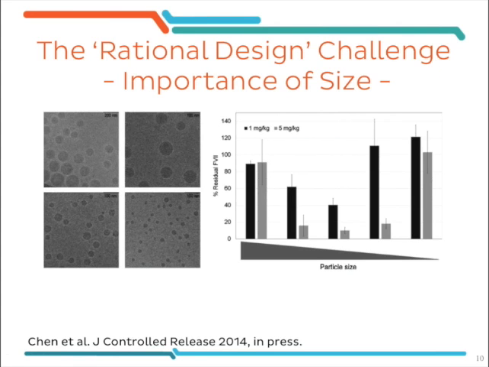This slide here shows the example of an experiment where nanoparticles of a different size were prepared. And this is what you can see here on the right-hand side. And these particles were then injected subcutaneously into mice, and their knockdown effect on a specific gene in the liver was tested. And so here the graph on the right-hand side shows the expression of the residual gene